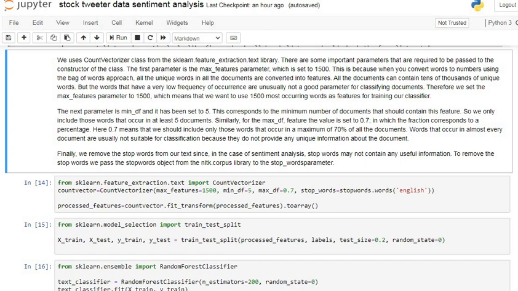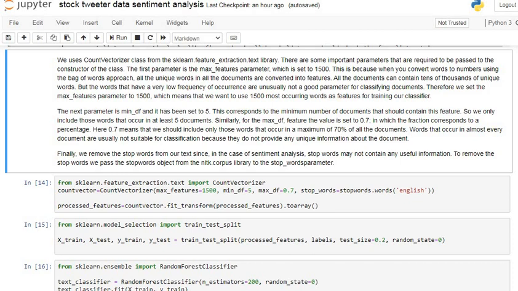Similarly, the maximum DF feature, this value is set to be 0.7, and it is actually a fraction. Here 0.7 means that we should include only those words that occurred in a maximum of 70% of the documents.